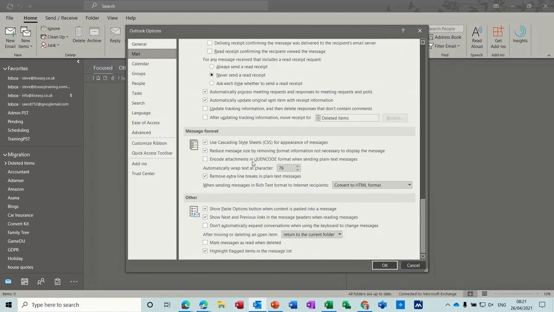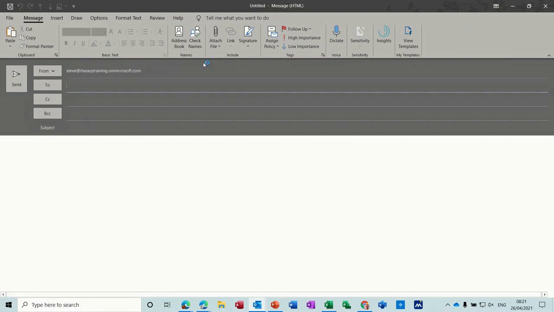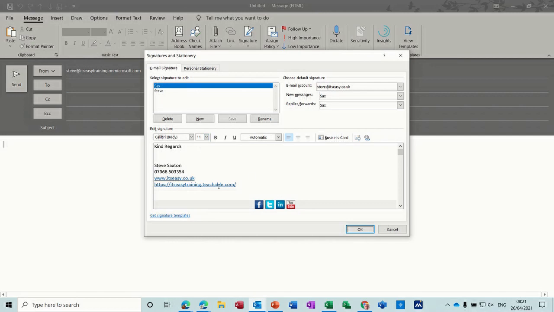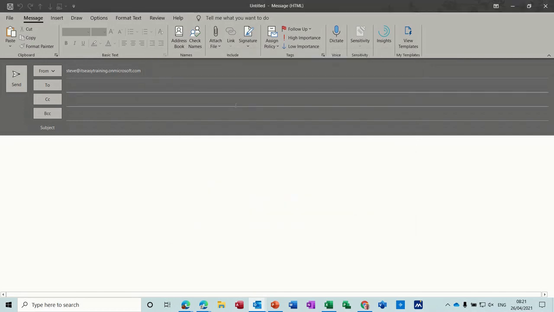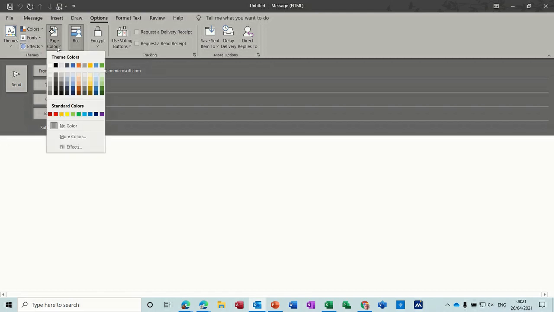Further down, some of the general options, but that'll do for now. I'll click OK to that. So back to the email, and there's the other place you can do signatures straight in the email itself. It brings you to the same box. Let's cancel that off. So options, you've got options on the front screen. If you want to color the email, you've got page color options there,